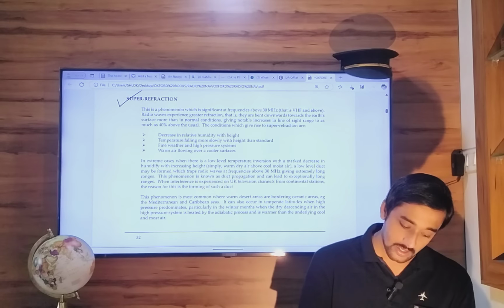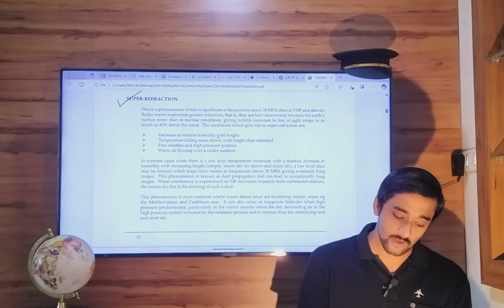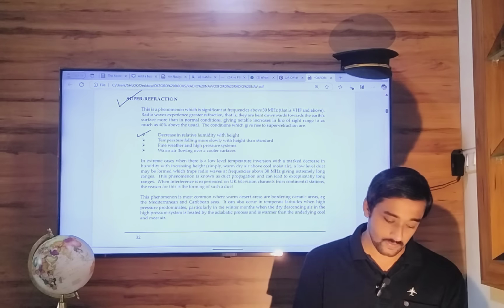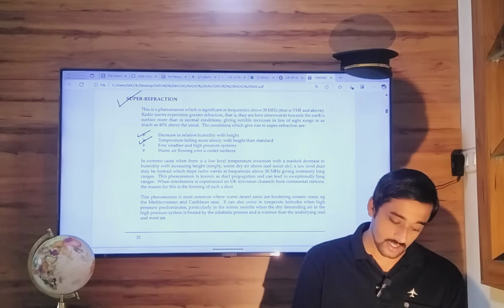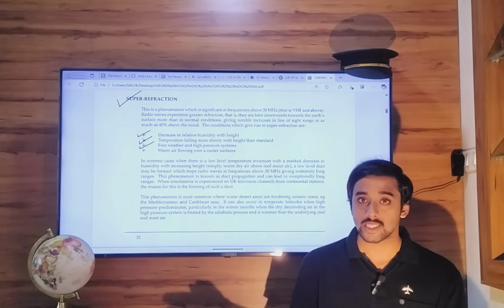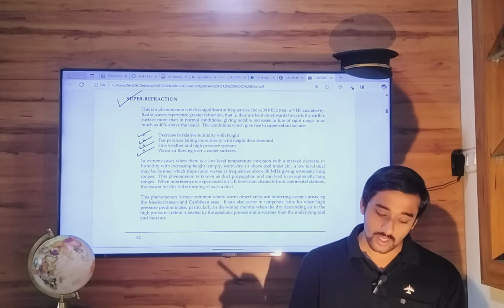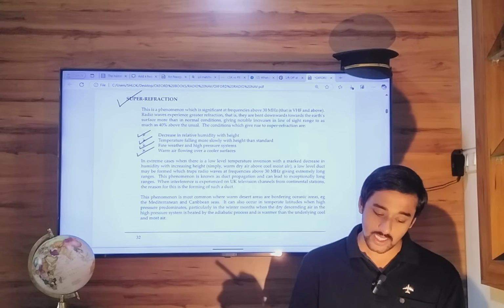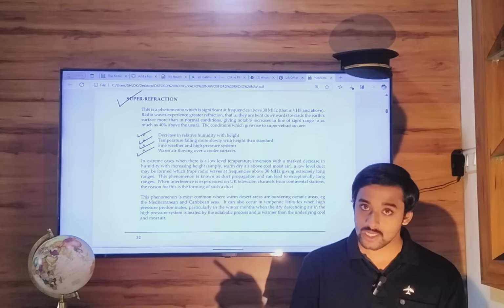Here they have written the conditions favorable for super refraction or ducting: decrease in relative humidity with height, temperature falling more slowly with height than standard. That's why we are getting inversion. Fine weather, high pressure systems, that means a stable atmosphere, warm air flowing over cool surfaces at night. In extreme cases, when there is a low temperature inversion with a marked decrease in humidity with increasing height, simply warm dry air above cool moist air,